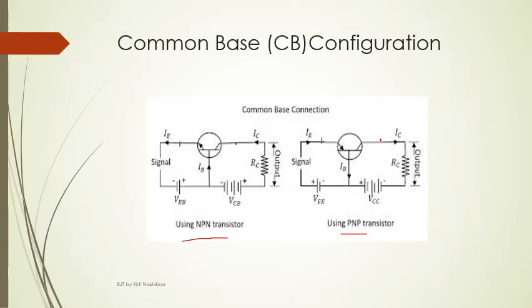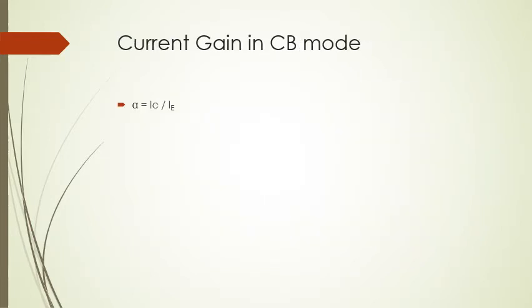As both of the quantities are similar, gain is unitless. Now if we are discussing the current gain, it is nothing but the ratio of output current upon input current. In case of common base, the output current will be the collector current IC, and the input current will be IE, the emitter current. So the current gain in CB mode is equal to the ratio of IC upon IE. The current gain in CB mode is denoted by alpha, and it is the ratio of collector current IC upon emitter current IE, and it is unitless.